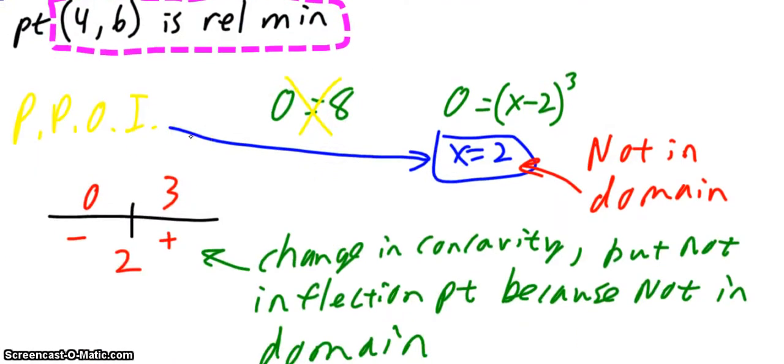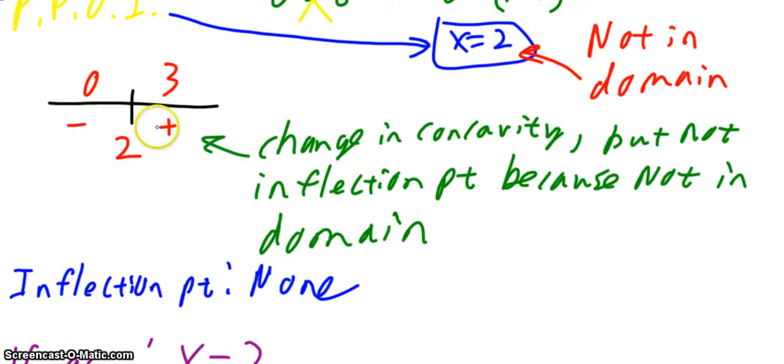Possible points of inflection. Set the numerator of the second derivative equal to 0. 0 does not equal 8, so that doesn't do anything for me. Set the denominator of the second derivative equal to 0, and I get x equals 2. So this is my possible point of inflection, but again, that is not within the domain of the function, therefore I know it's not going to be an inflection point. And at this point we've probably figured out it's a vertical asymptote, but I do still want to do that